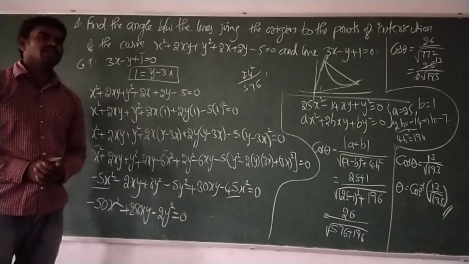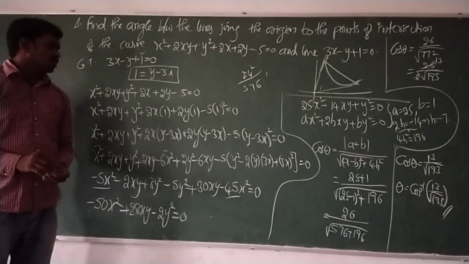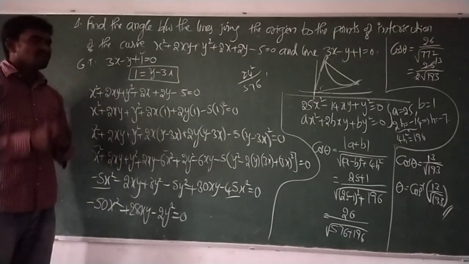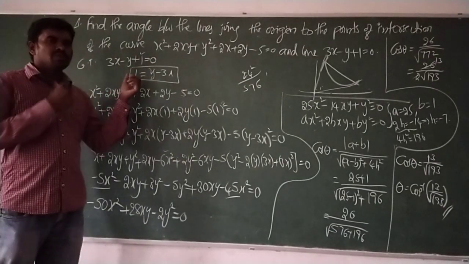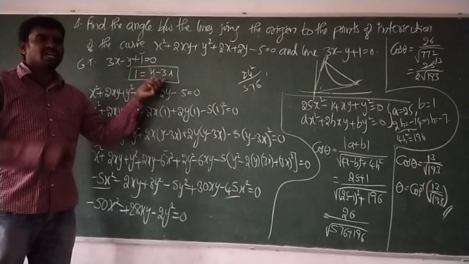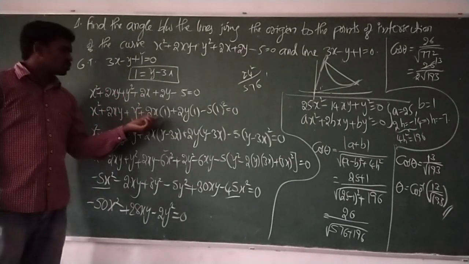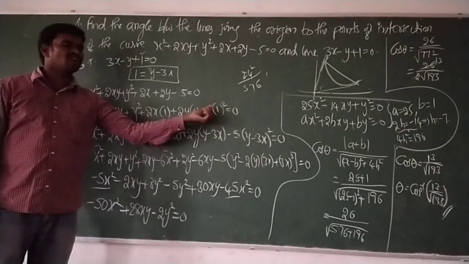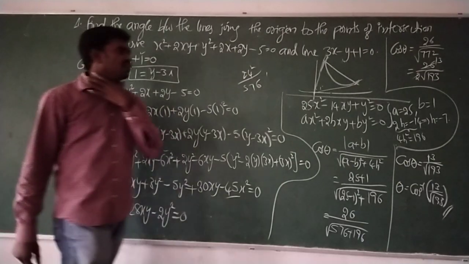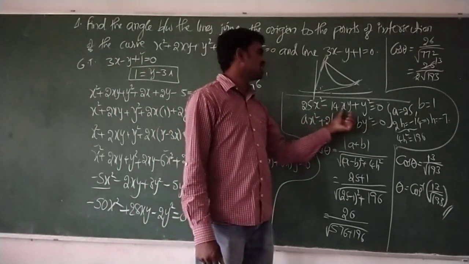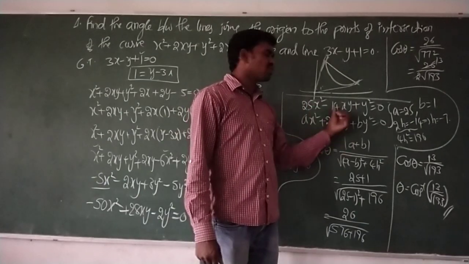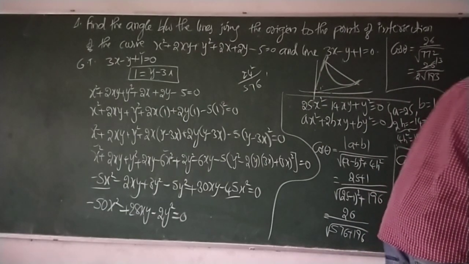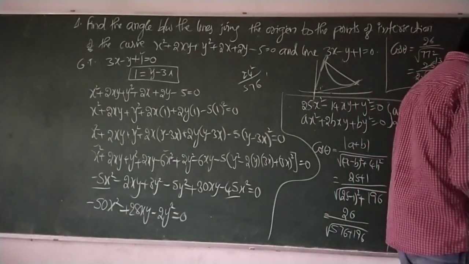So very most important question. So very clearly I explained, I think, step by step. Please follow the question. First what we have to do, take the straight line. You must write is equal to 1. So luckily 1 equal to we can write. So then take the curve. So x coefficient multiply with 1, y term multiply with 1, constant multiply with 1 square and substitute simplify. Finally we can get in the form of ax square plus 2hx square plus by square equal to 0. What is a, what is 2h, what is b? Take the cos theta formula and substitute, we can get the answer. Is it clear?